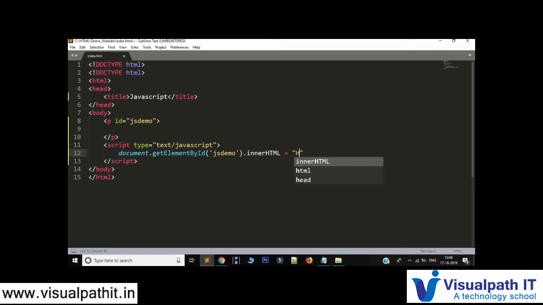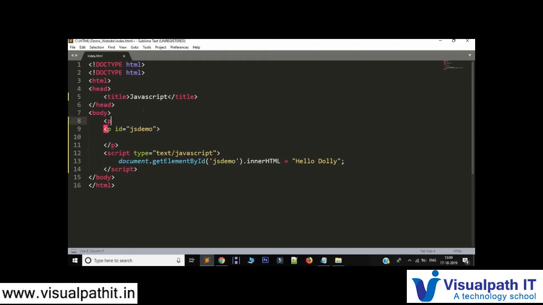So I will write, as I told you, hello Dolly. Now when I run this, the p tag will have this. To see the difference, we'll have another p tag so that we know this is below this. Below this you will see the content hello Dolly.